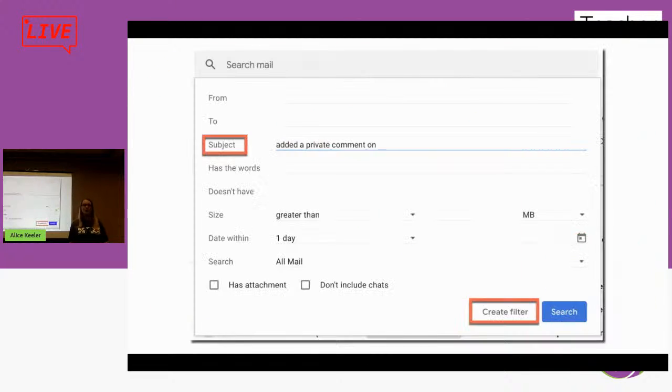Gmail. My favorite feature about using Gmail is that every time a kid does a private comment, it sends me an email. You just have to know how to manage it. So at the very top of your Gmail, there is a search bar, and you click on the little arrow in the search bar,